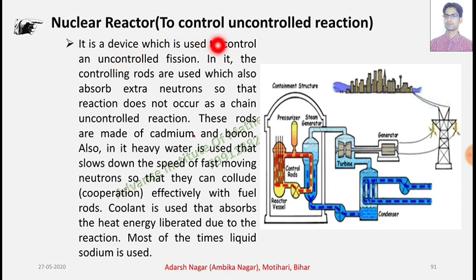It is a device which is used to control an uncontrolled fission. In it, the controlling rods are used which also absorb extra neutrons so that the reaction does not occur as an uncontrolled chain reaction. To control this reaction in a nuclear reactor, absorbing rods are utilized, and these absorbing rods absorb extra neutrons,